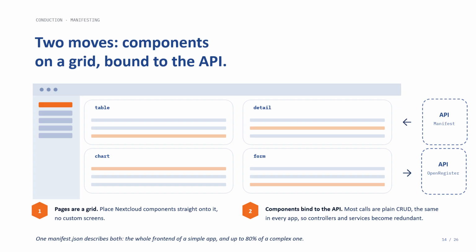Now in practice that works like this. The manifest has its own API, it's an open register, and the front end consists of components. And those components are all placed on a grid. So when the user logs into Nextcloud, the application asks the manifest which components it should render, and where, and then renders them. And then of course each component itself contains data, which could be altered or edited, and if anything happens, it sends that data back to Open Register, which then distributes it along the Nextcloud leaves.